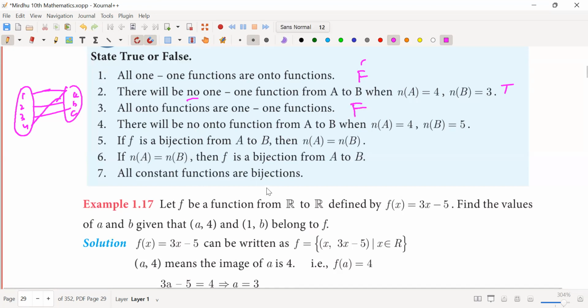False. All onto functions are one-to-one functions. This is an onto function too. Is this a one-to-one function? Right? Imagine. No. Then